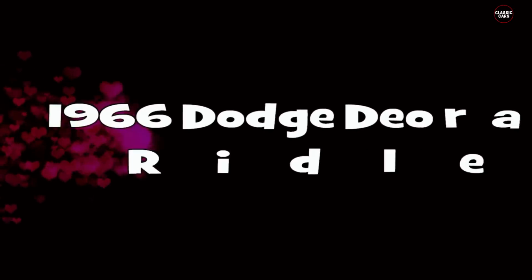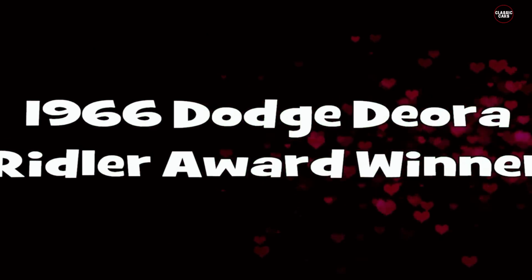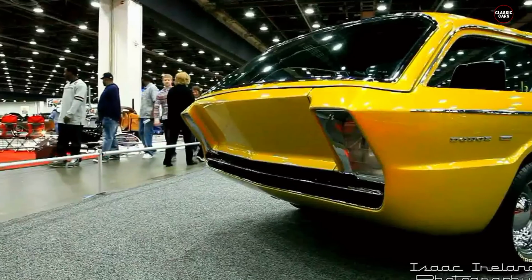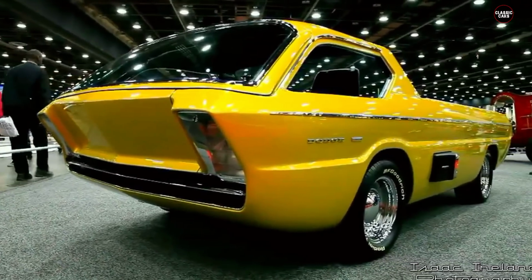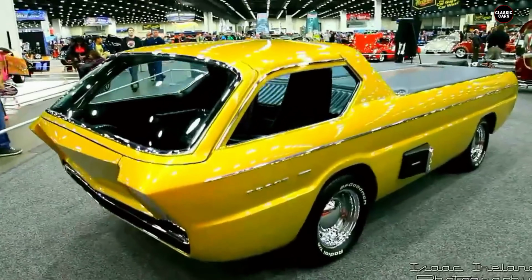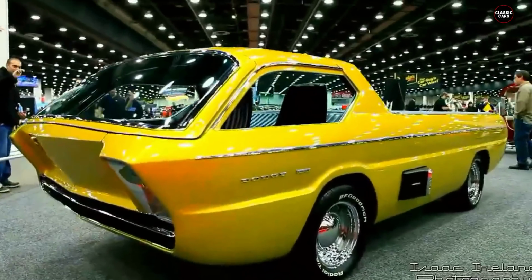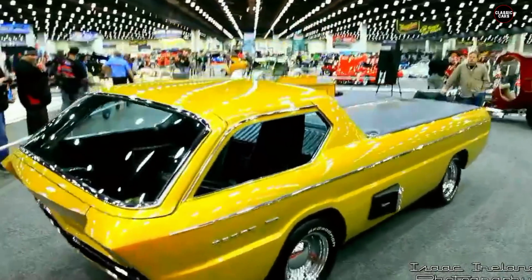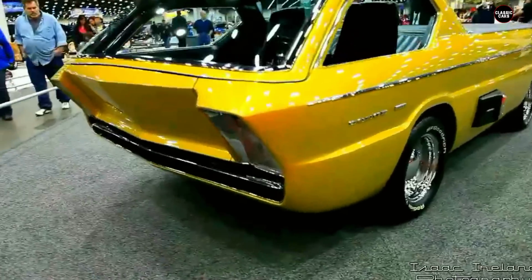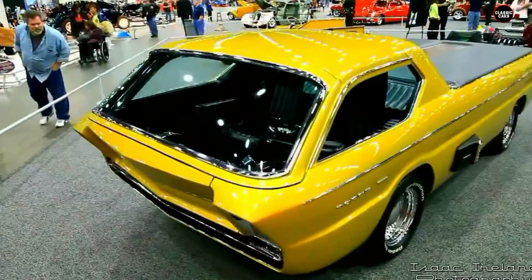Today, the Dodge Diora is a collector's dream. It's a car that represents the bold, creative spirit of an era, a time when the future of automobiles seemed limitless. Though its goofy design may not have made it the most practical vehicle ever built, the Diora's outlandish look and show-stopping features made it a memorable piece of automotive history. Whether admired for its unusual form, its futuristic vision, or its connection to the world of Hot Wheels,